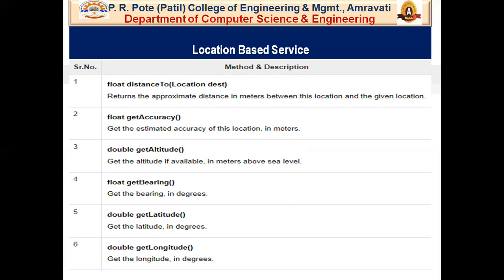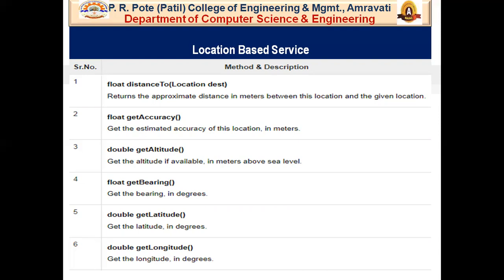As you have seen in the Google Map, there we have to set our current location and destination location. Also we have to set whether we ride a bicycle, four-wheeler or two-wheeler, and depending on that they show us the shortest distance between the source and destination location. So the first method, float distanceTo, returns the approximate distance in meters between this location and the given location.